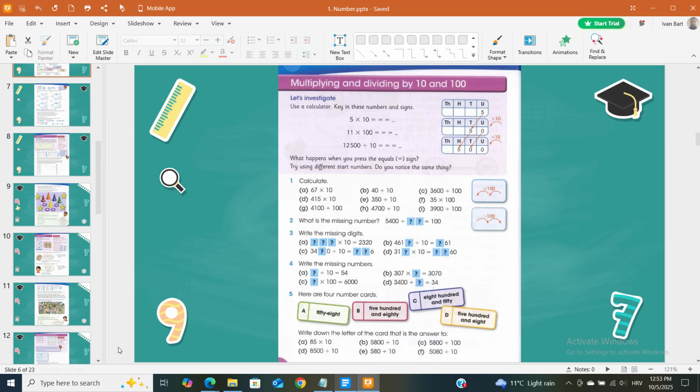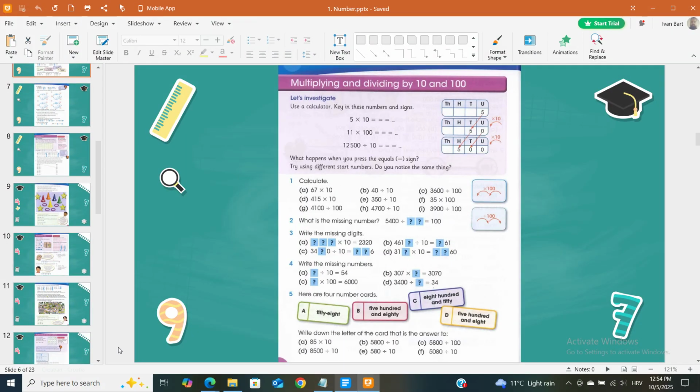(B) 307 times ? equals 3,070. (D) 3,400 divided by ? equals 34. 5. Here are four number cards: C. 850, 500, A. 58, B. 80, D. 508. Write down the letter of the card that is the answer to